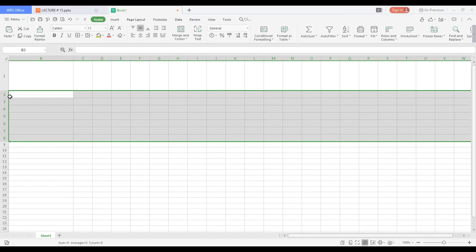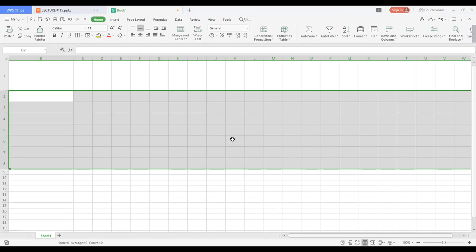So it is equal. You are not going to do it manually one by one. It is equal adjustment of rows, right? Right click, row height. Let's make it 30. The row height is increased. Is that clear now?